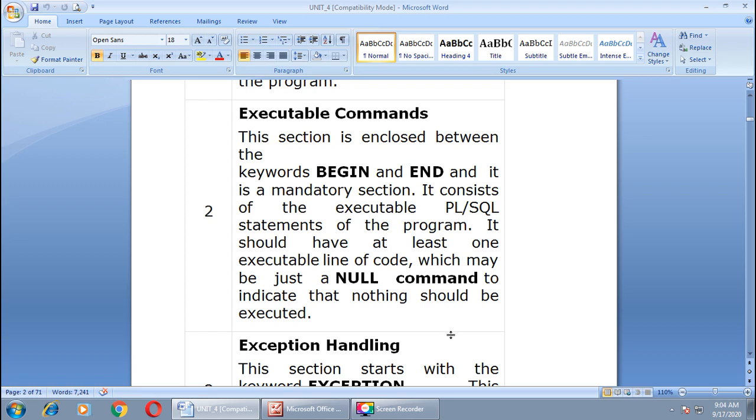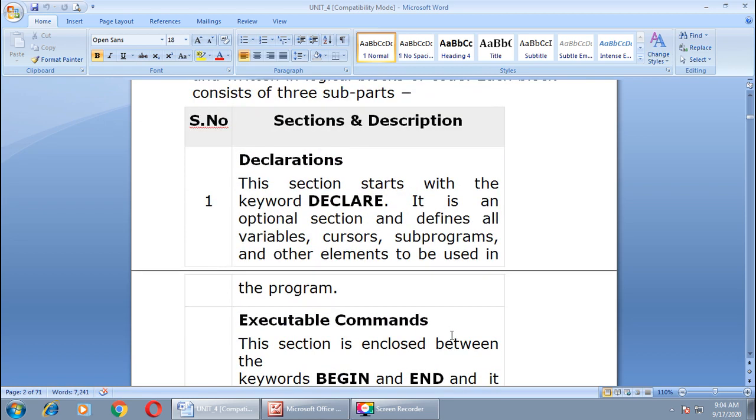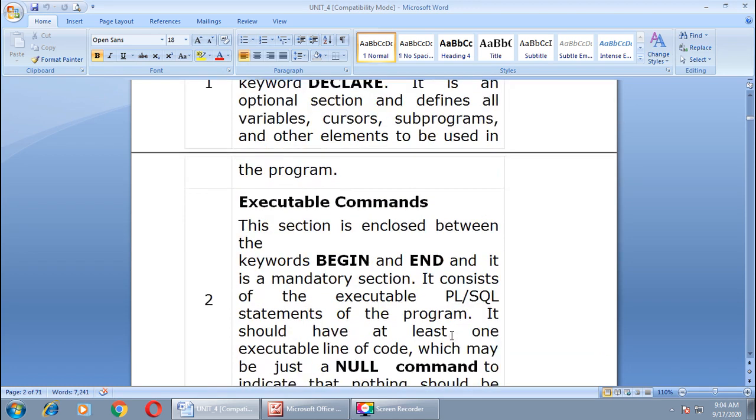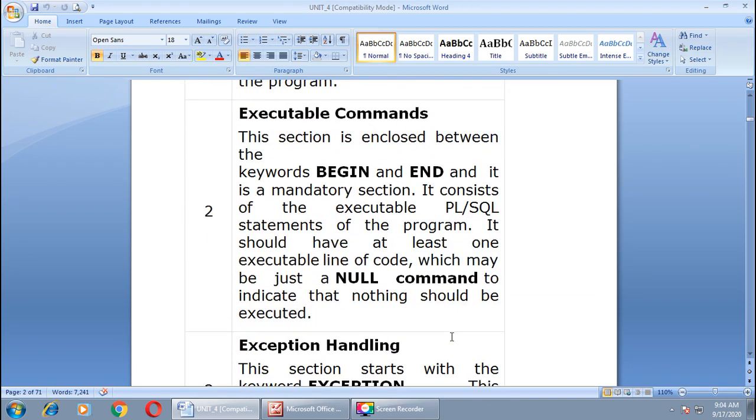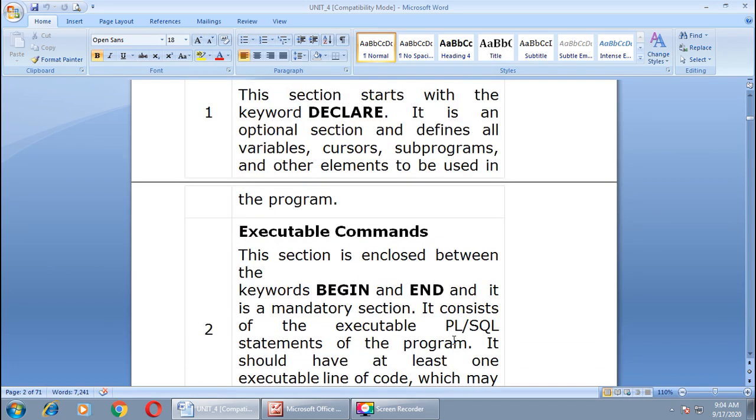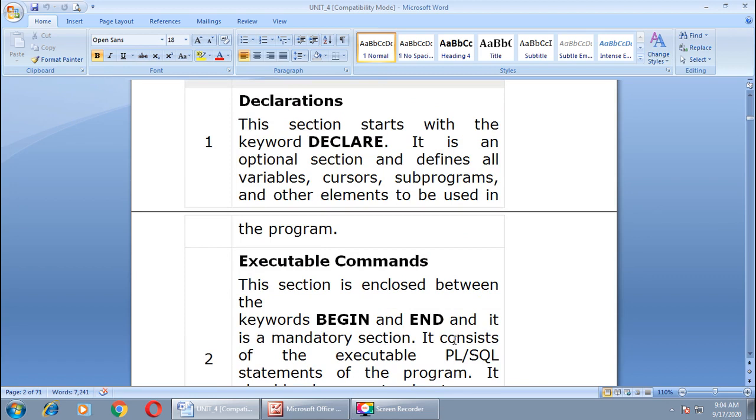The other three, meaning header, declaration, and exception handling, are optional sections. If you want to define a block with a name, then only you have to add the header section. Second, the declaration section is required if you want to declare a variable, cursor, or subprogram in your current block, right?